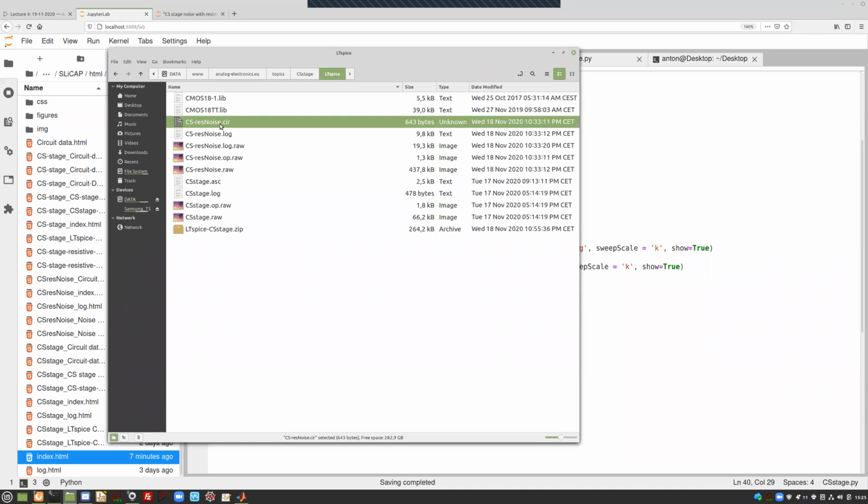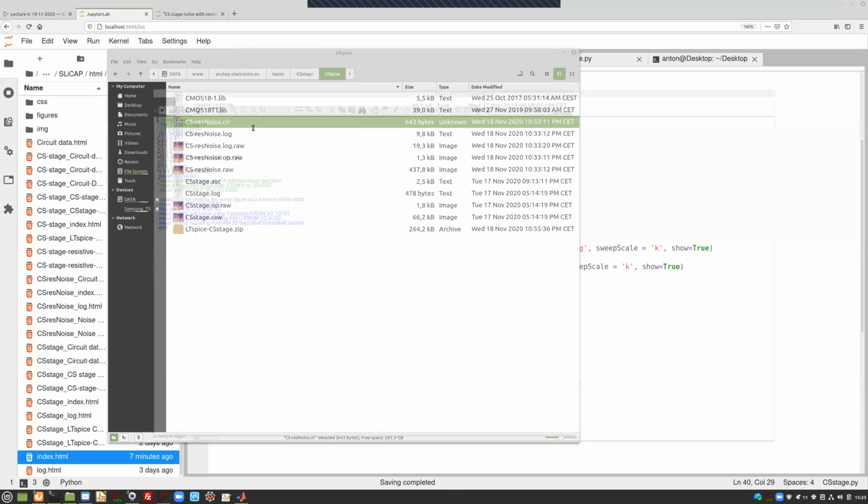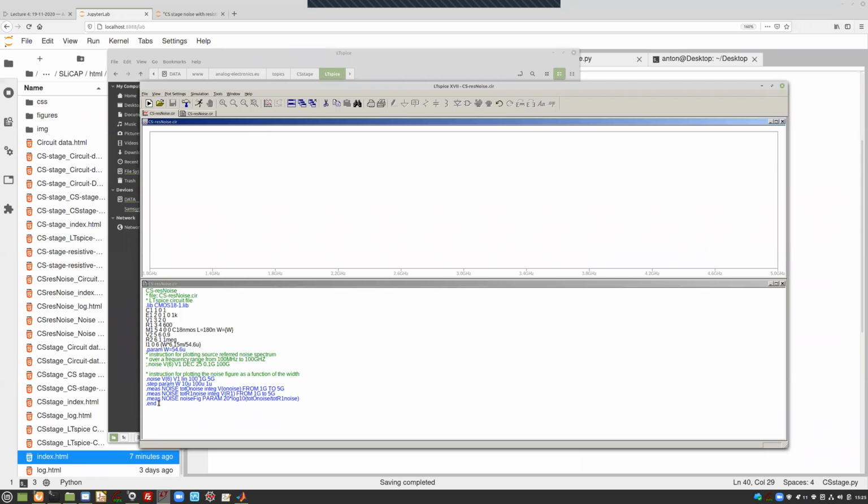I didn't make a schematic, but if you open this in LTSpice, then it will understand the whole thing. And I included measurement statements in it, for plotting the noise figure, for example. So if we run it,